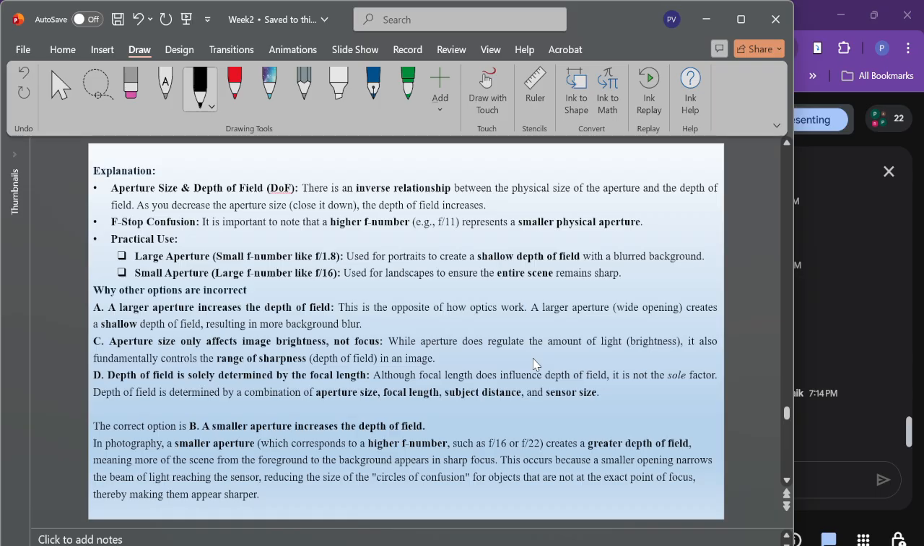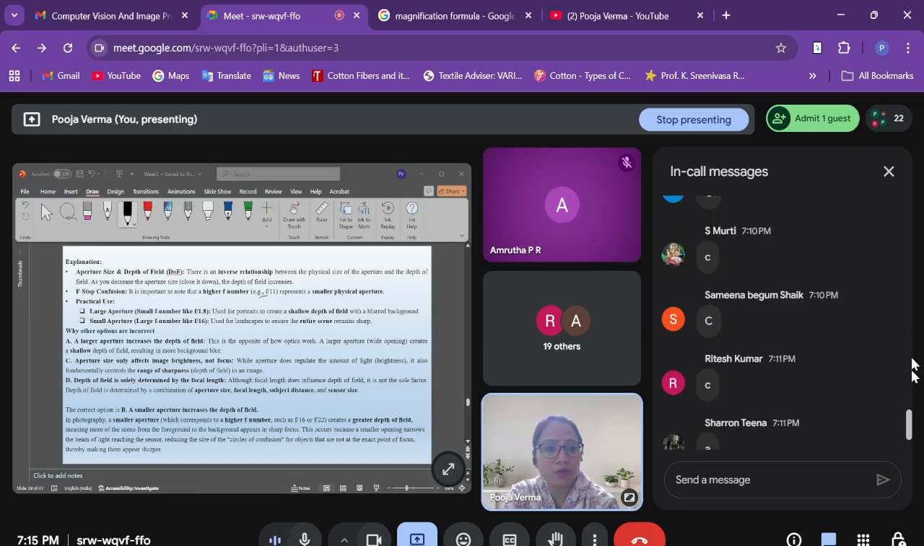Explanation is given here. The aperture size and depth of field: there is an inverse relation between the physical size of the aperture and depth of field. As we decrease the aperture size, or close it down, the depth of field increases. Now, the F-stop confusion: it is important to note that a higher F number, like f/11 for example, represents a smaller physical aperture. Their practical use: a larger aperture, that is a smaller F number,